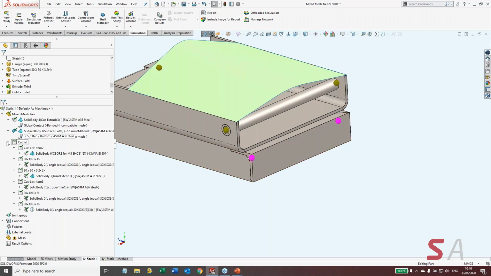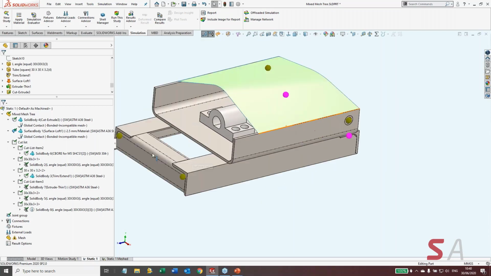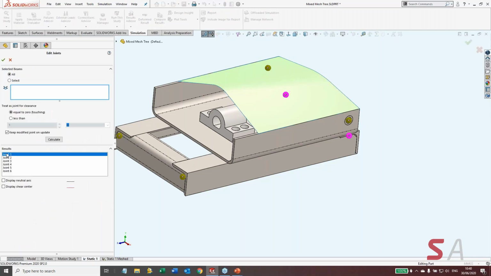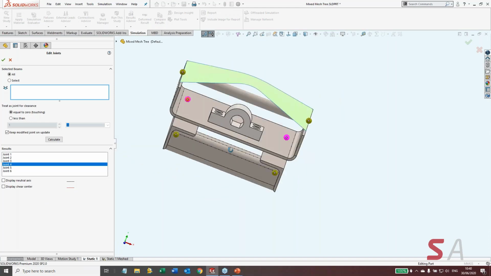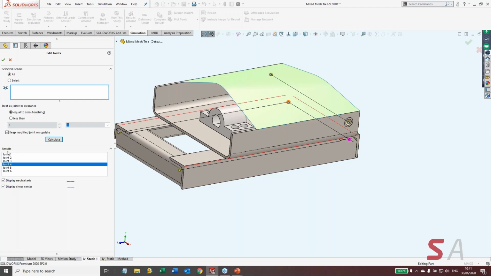All right, so I've done a lot of changing of things that come in as beams. So I'm going to right click on the joint group, and I'm just going to say edit, just so you can see what's in there. So these are all the joints we've got. We've got 6 different joints, and I'm just going to say calculate all, and it recalculates them all. Now it's no big deal. It used to be kind of a little dicey, but it works pretty well. All right, so having done that,